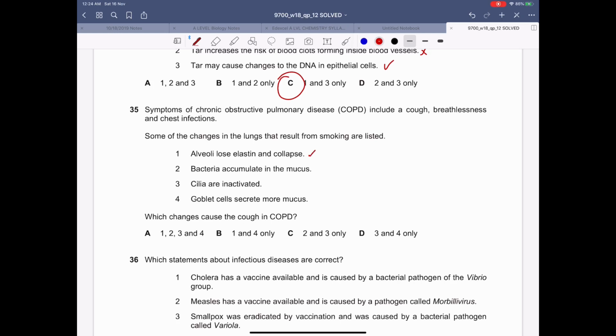Okay. Bacteria accumulate in the mucus. All right. Cilia are inactivated. Okay, cilia are inactivated. I think